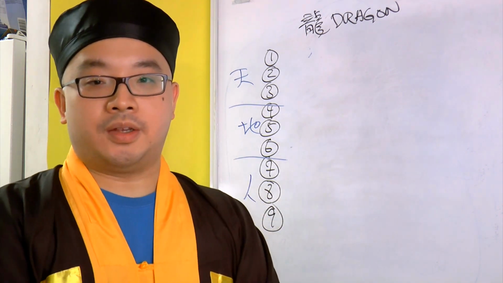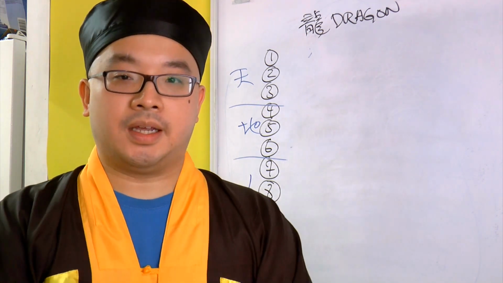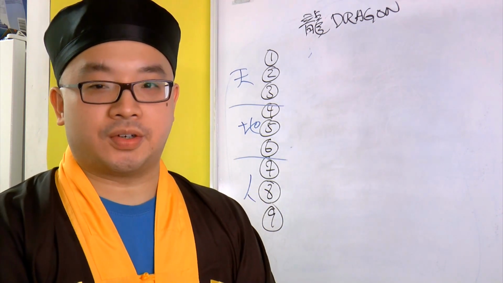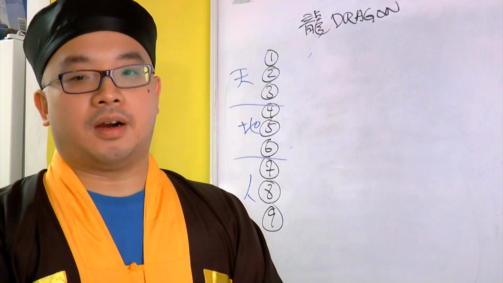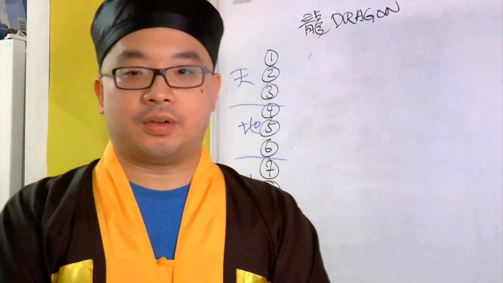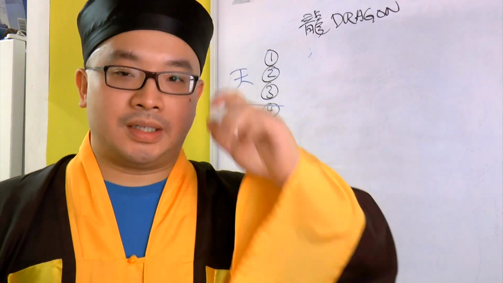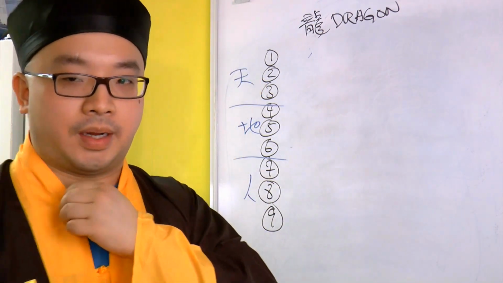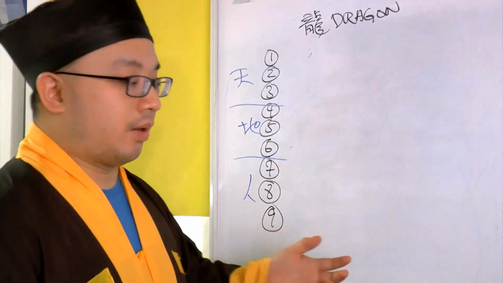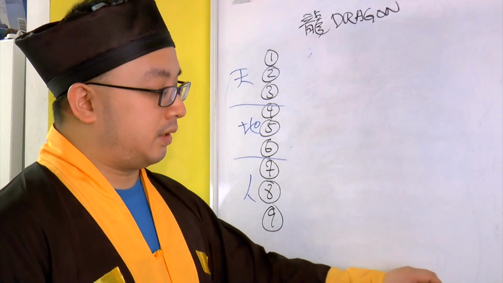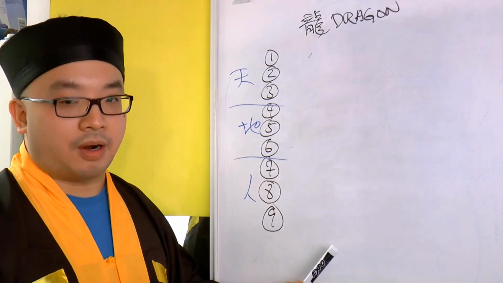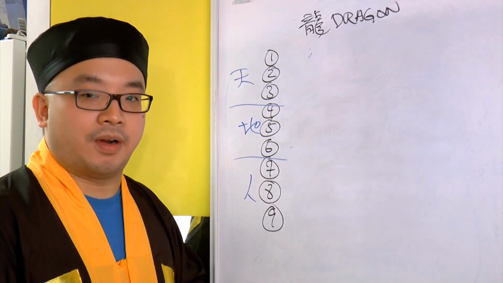Now today we're going to continue on this very intense series of the Dragons lecture. So if you have not watched the previous lectures, please go watch them. There is a lot you will not understand if you don't watch those lectures first. This one is going to be a little bit more intense, but it may be my last one in the Dragon lecture, so right up to this point. After this one, I'll get into other things. Now this is going to be on the 9 dragons again. We have the same chart from the same lecture as we did before in the previous one.